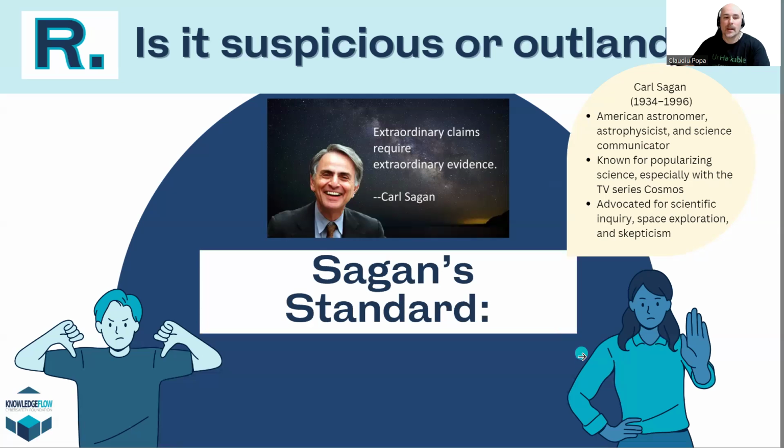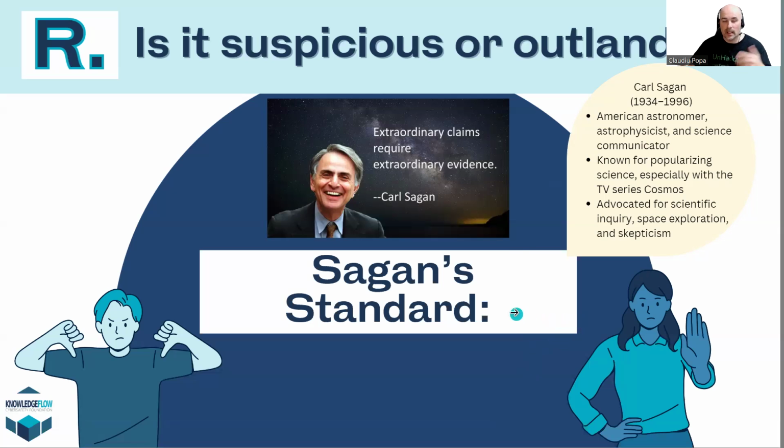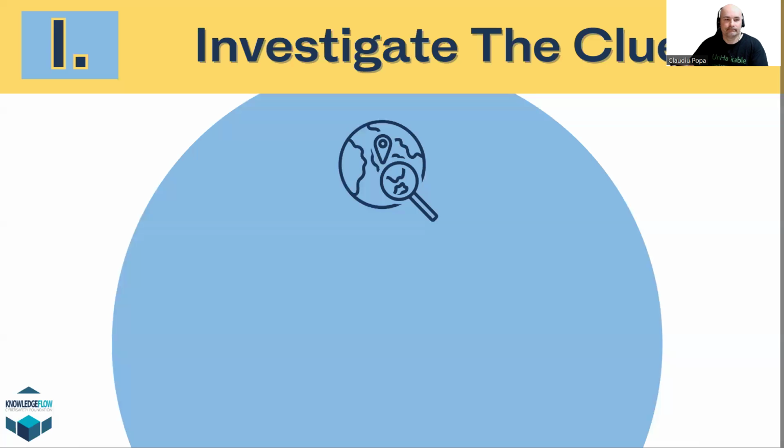So suddenly you have a targeted audience and you can use that with all sorts of clickbait and scams, right? And that's a razor that we call Sagan's standard, right? It's easier to remember if we use an alliteration. An alliteration is a couple of words that start with the same letter. And so really, if there's no proof, there's no argument.